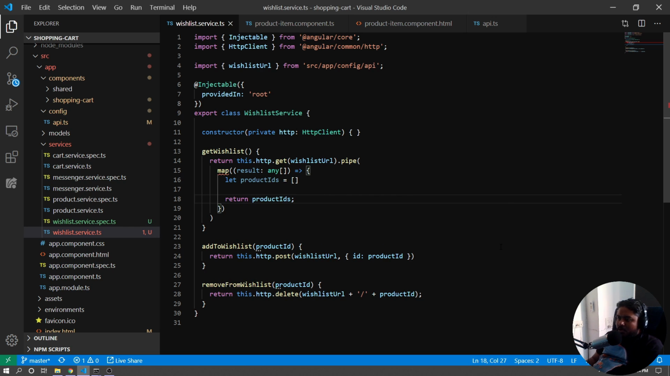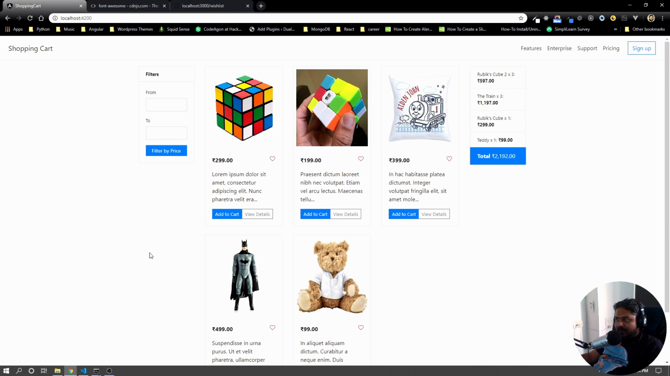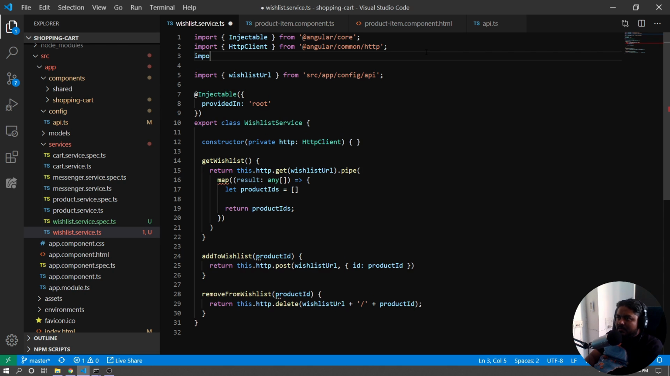So basically what I want to do here is convert the wish list, which looks like this, to an array containing 4, 1, 2. All right, and not this ID thing. That will help us make quicker logical decisions. I would include this map from rxjs. So import map from rxjs operators,